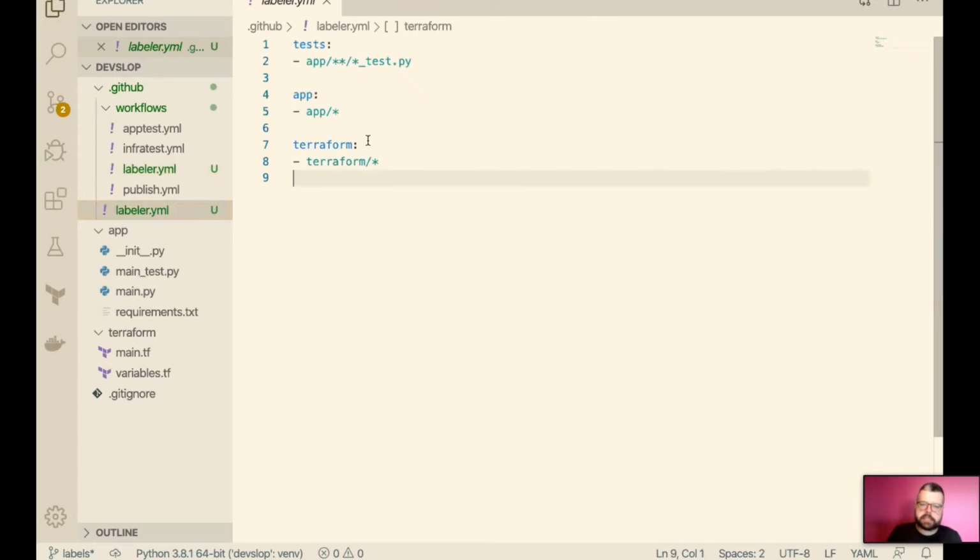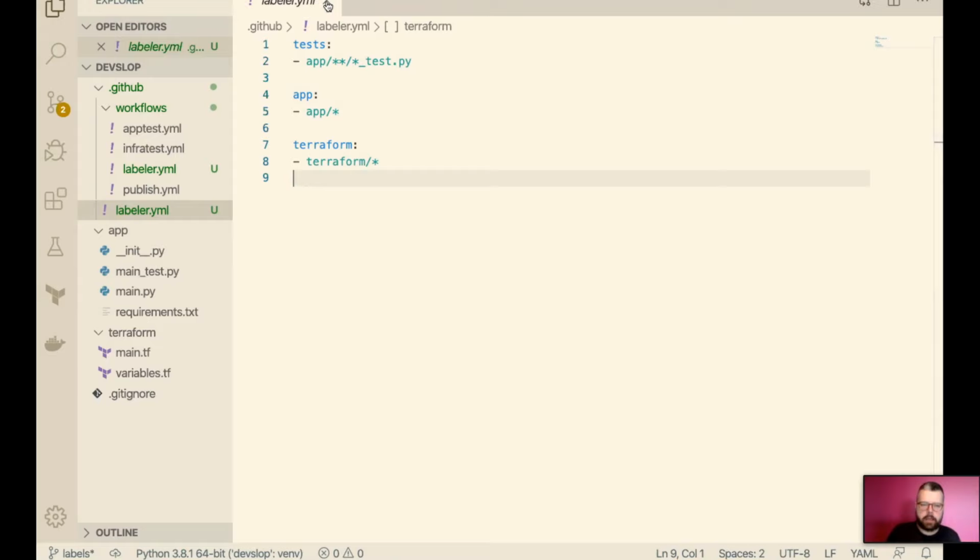Basically, apply these labels on GitHub if something in the commits matches these file globs. So everything that's test is going to be test, everything app is app, and everything in the Terraform directory is Terraform. That file is just a file in .github, because actions are just code that you write. So you can have your own config files to do all this stuff,